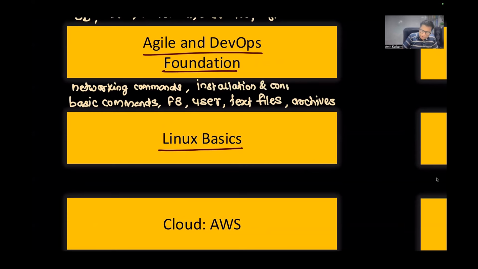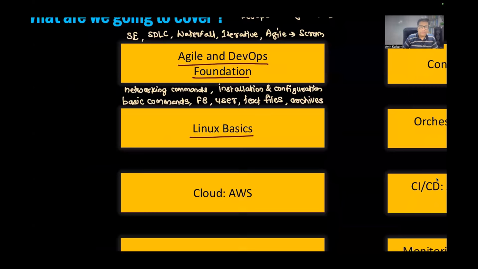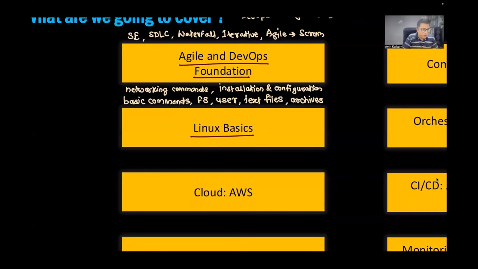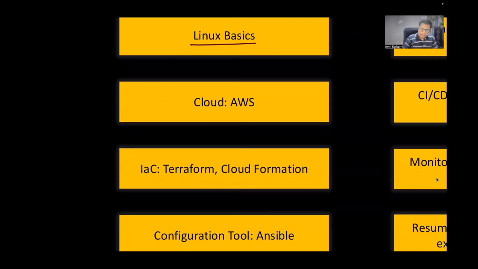And basic configuration, like how do we install it and how do we basically configure it? Basic configuration, not the advanced configuration or hardening here, but the basic configuration of it. So this is what we'll be talking from the Linux point of view, right? This week we'll be finishing with that. Next week we're starting with the next big topic called AWS.